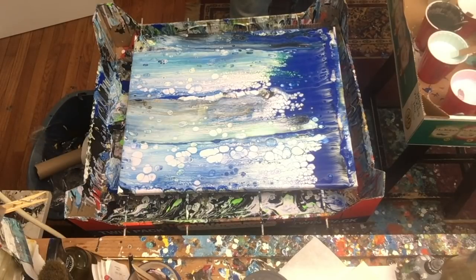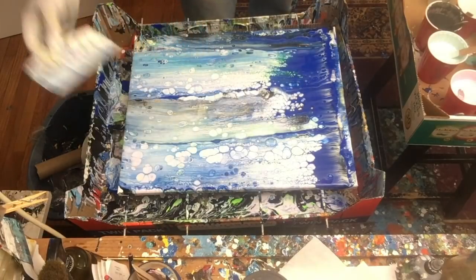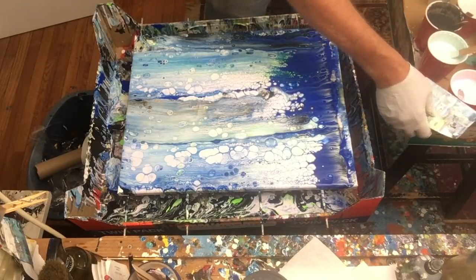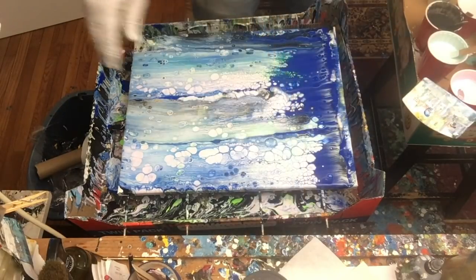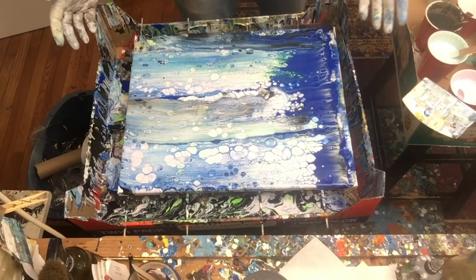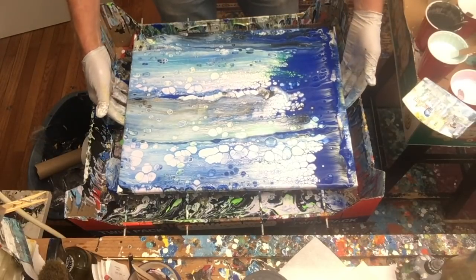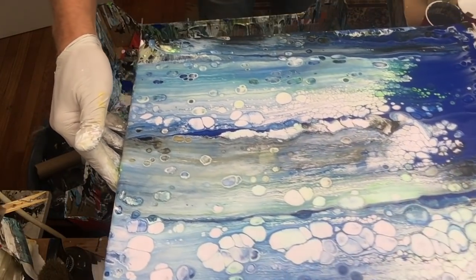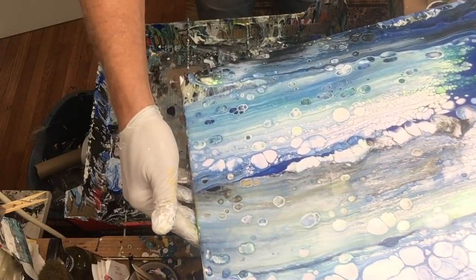Okay, my original plan of doing my vertical stripes and then swiping from the center out didn't work, mainly because I think the gold was too thick, and some of my colors were so thick that the colors were not gelling together very well. So what I do in those situations, instead of scrapping everything, I'll take my favorite color, whatever color I have around, and I will do a swipe. In this case, I took the blue and did a swipe on here,